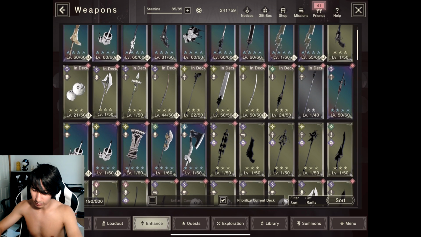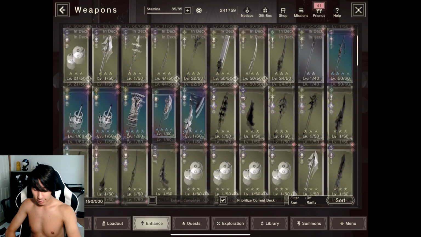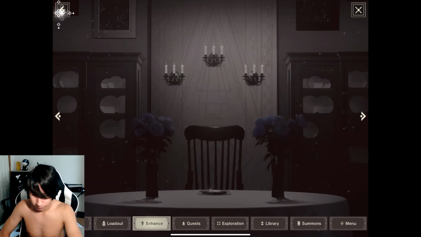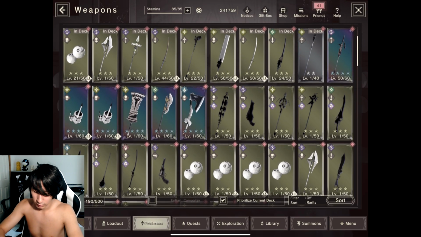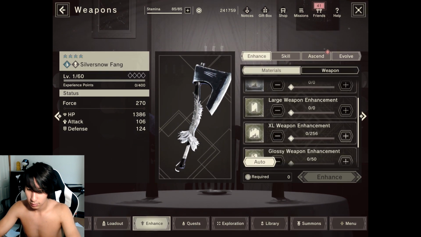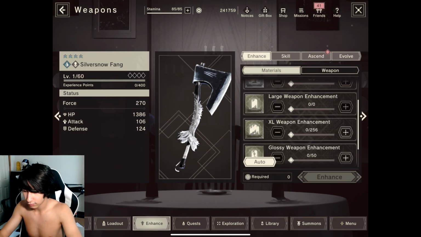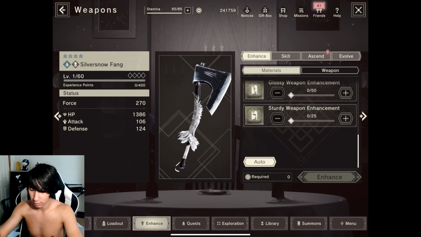I would upgrade this weapon, but I don't think I'm going to be using it a lot. I just want to use it as an example. However, I will upgrade another weapon, not this one. I want to upgrade the Silver Fang. So there's no Silver Fang, we can ascend this with the Black Pearl, but I'm not going to